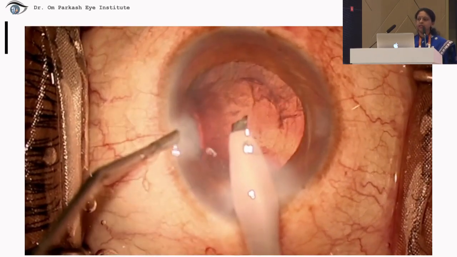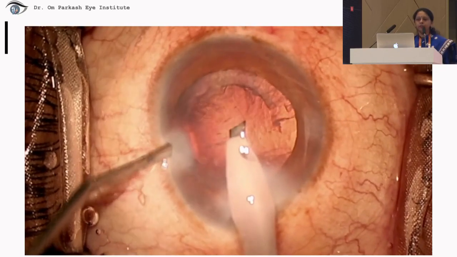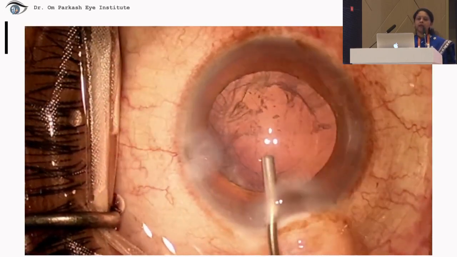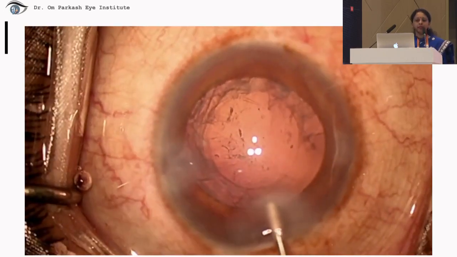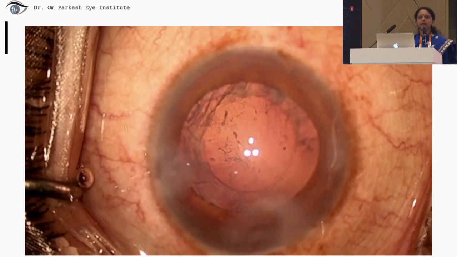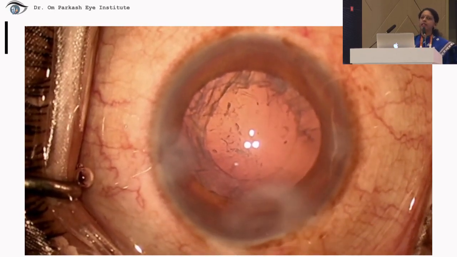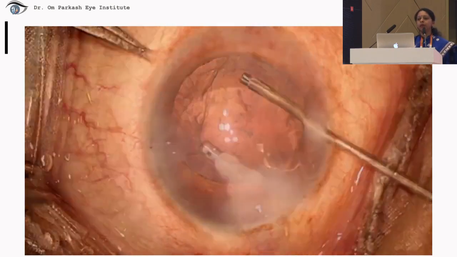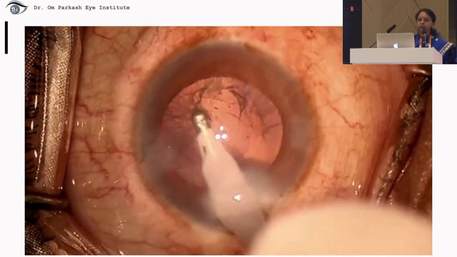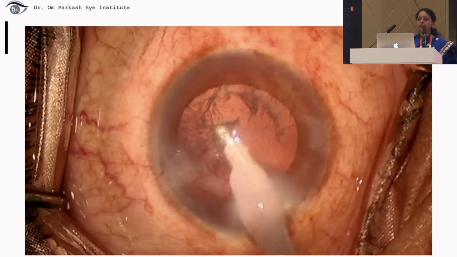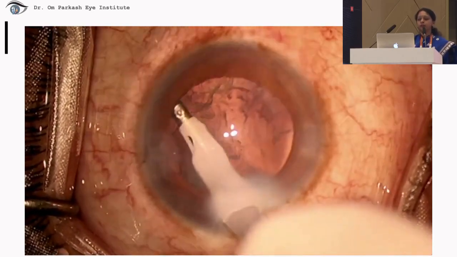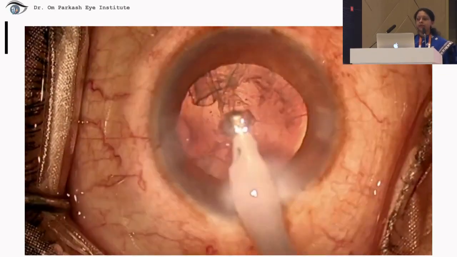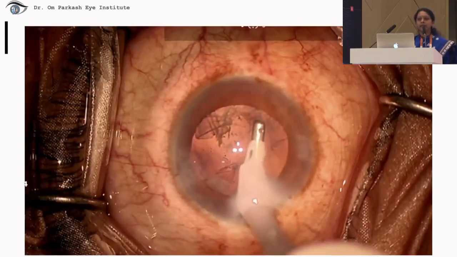Now again viscoelastic is introduced in the anterior chamber, and after that the probe is withdrawn. Now we have the cortical matter remaining. How to remove the cortical matter? Either we can use the irrigation aspiration, a coaxial irrigation aspiration, or we can use a bimanual. But before that, we tried to convert the PCR into a PCCC. It was not successful. The remaining cortical matter was aspirated using a coaxial